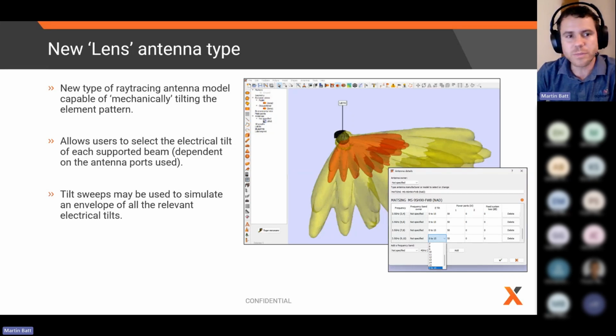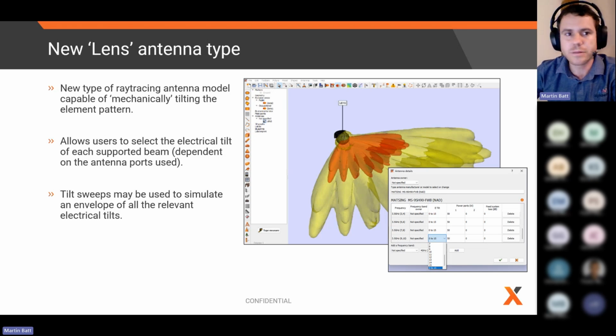It does use the same calculation mechanic as our ray tracing models, like the typical panel antennas, but with a little bit of adjustment to, for example, the tilting of the specific beams. So where this one now is more like a mechanical tilting, where the other ones is more of like electrical tilting. The reason for that is that with a lens antenna, the beams that are formed that are tilted downwards